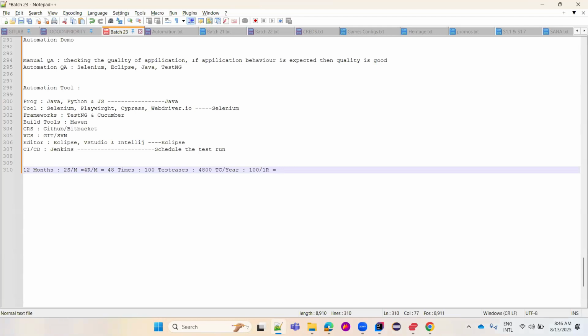Hardly, per day, you are going to perform 30 or 35 cases. It's based on the complexity of the test case. If it is a login page, validation, add to cart, these cases are simple. But in real-time projects, it is not like that. If you take the healthcare domain and want to validate patient data, you need preset data. Test data and preconditions will be there. It takes so much time. Even to execute one test case, it takes half an hour, 1 hour, sometimes, based on the complexity.